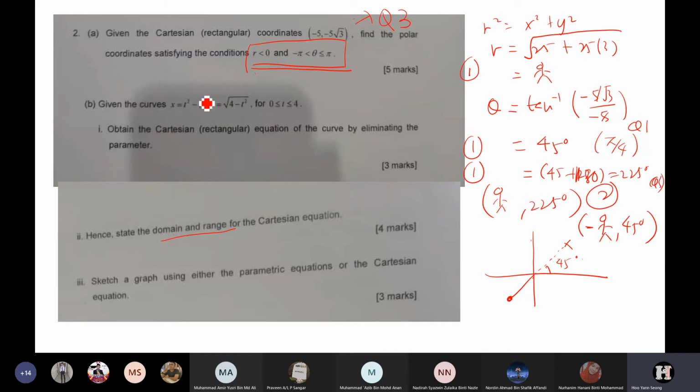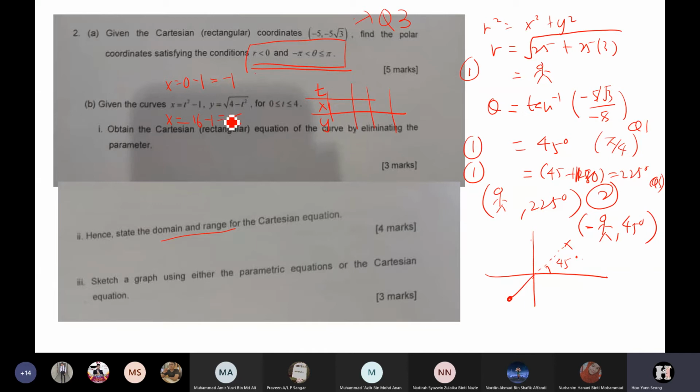When t equals to 0, your x will be -1. When t equals to 4, this one will become 16 minus 1 is 15. Then doing the range is also using the y. Over here it says sketch a graph using either the parametric equations or the Cartesian equation. If you want to follow this one, you just do like what the boy did just now: t, x, y, you find the values, or like the other boy did,